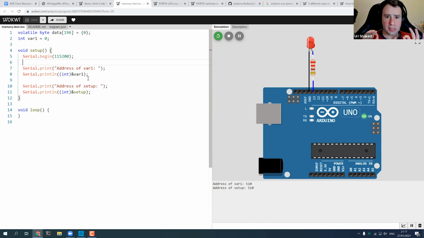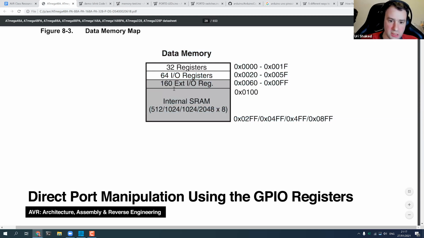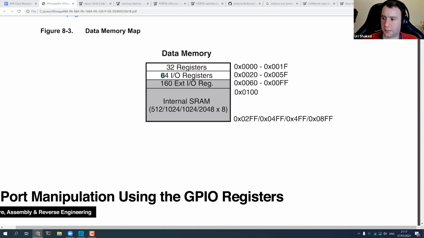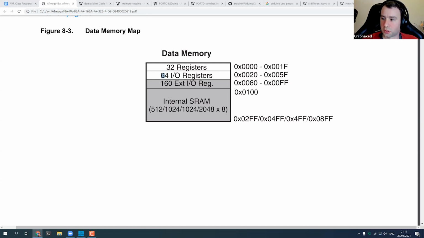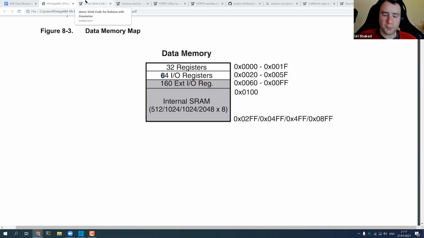With that, let's start exploring how we can interface with the actual hardware. As I mentioned, there are these I/O registers, and they let us control the hardware. The first piece of hardware that we are going to control is the GPIO ports. These are the pins that you have on your Arduino Uno.